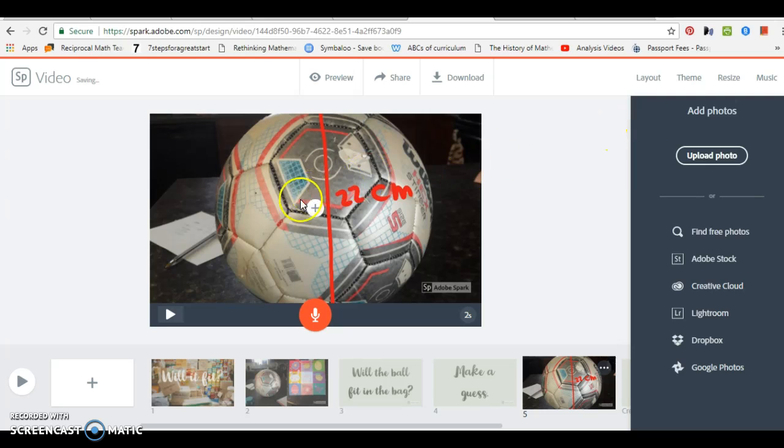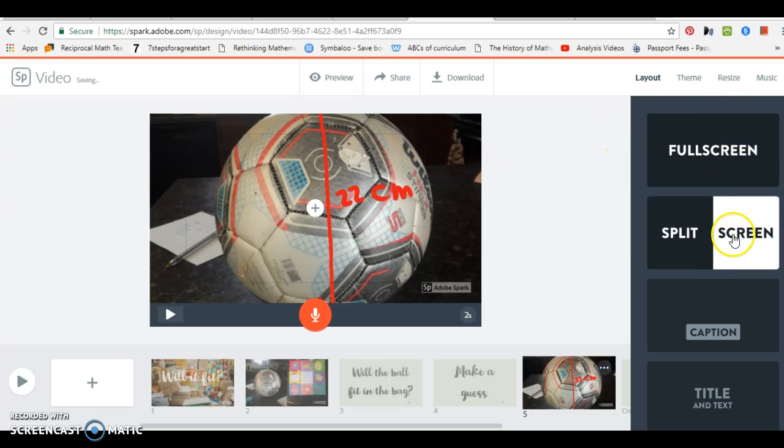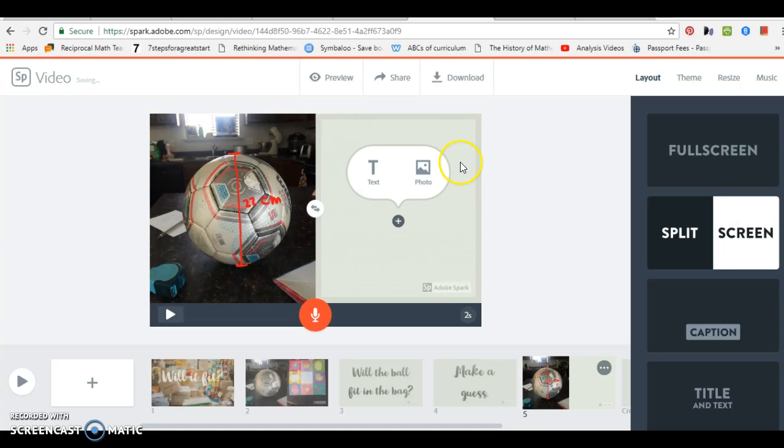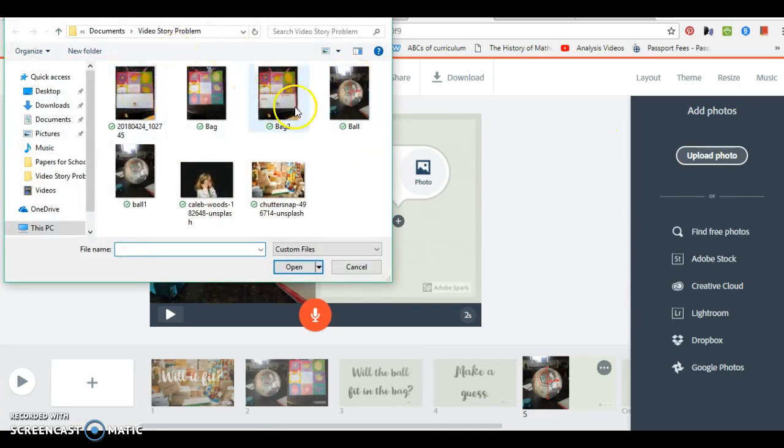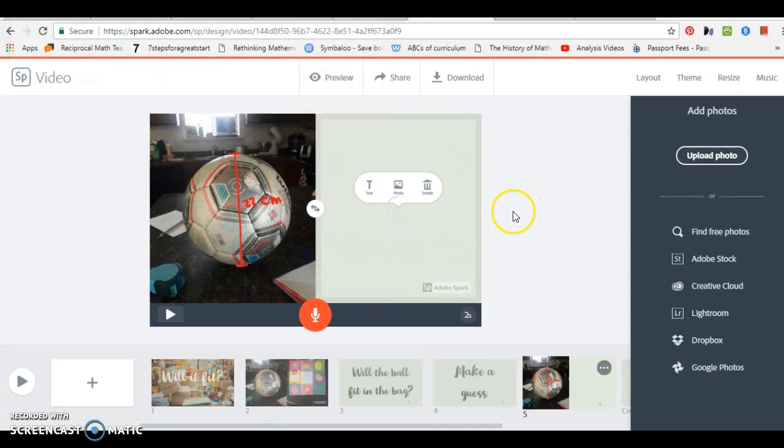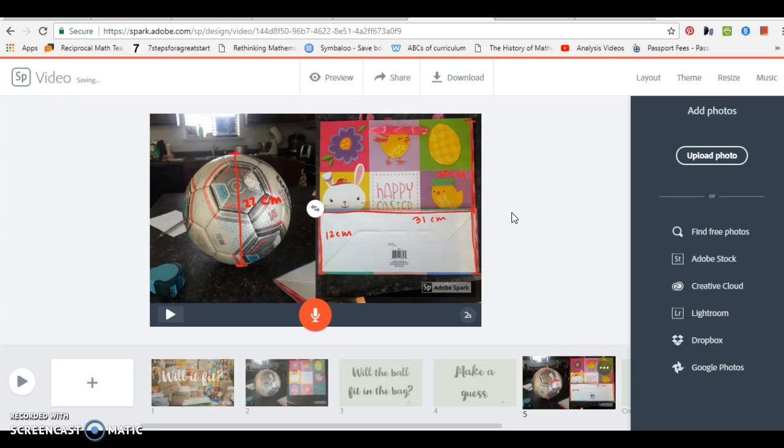Oh, and I forgot to change it to split screen, so that's what we're going to do. Right here, if you just click out here, it'll go to layout automatically. So then you can choose split screen. Then we're going to choose a photo of the bag. So now, as you can see, I have the measurements written on my bag